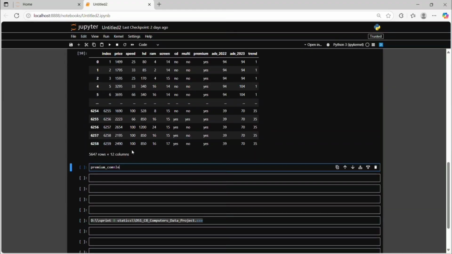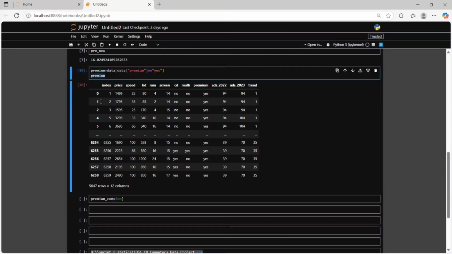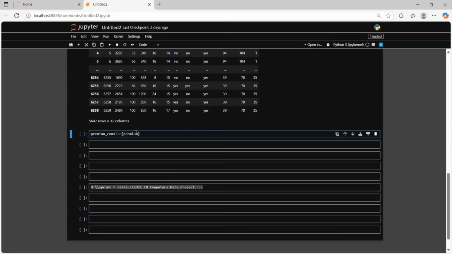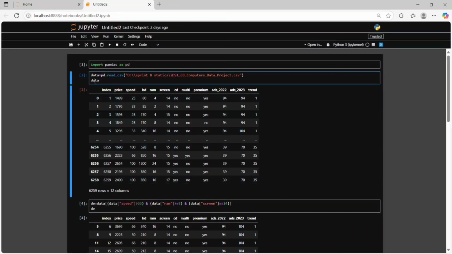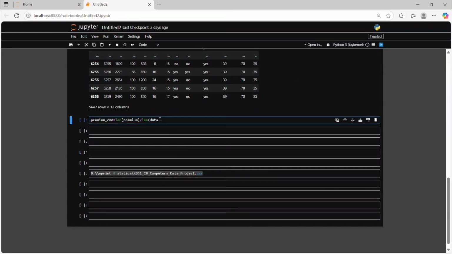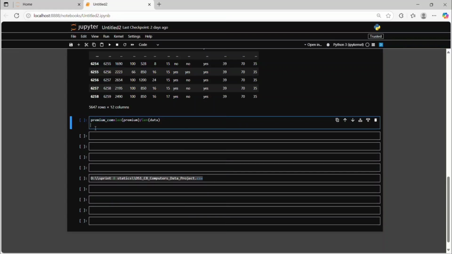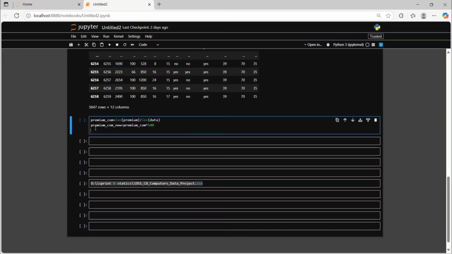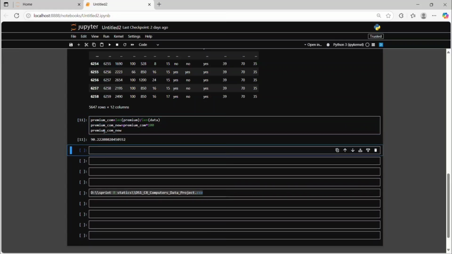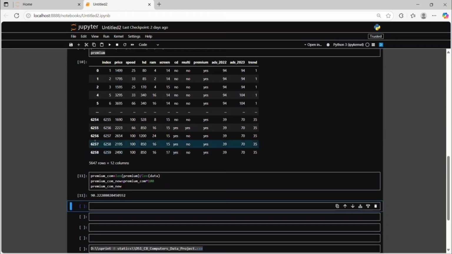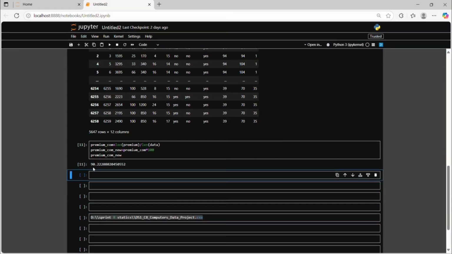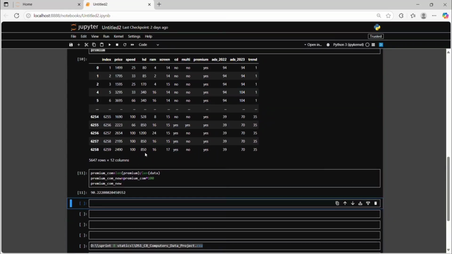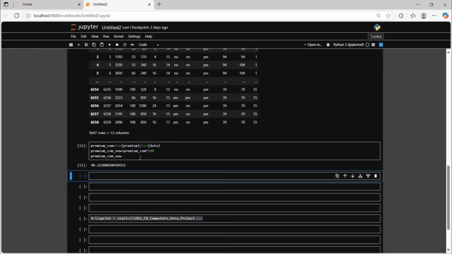So I use the same technique again here. Length of my premium computer divided by length of my original data. Sorry, original data is here. So as you can see here, there is a 90% chance of getting a premium computer. If any customer buys a computer, there is a 90% chance. It's a very high chance because it's near 100. So we can say it's a very high chance that a customer gets a premium computer from all my computers. So that's basically the second question.